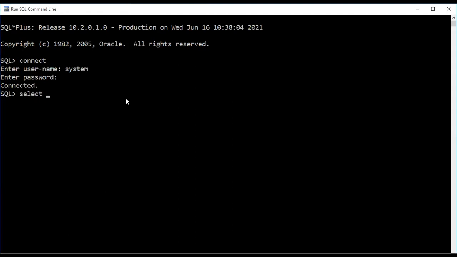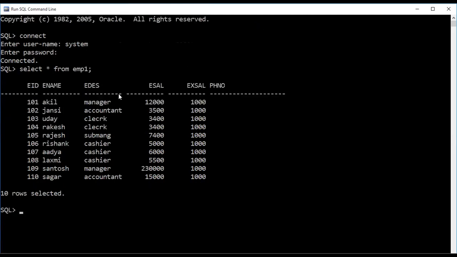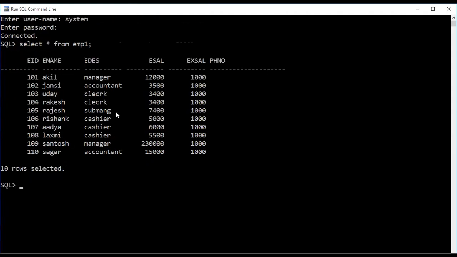First, I'm explaining the examples with the employee table. Before that, first I'll show you the employee table. So this is an employee table we have created. Now, in this table, I want to perform GROUP BY as well as HAVING. So what is my query? Display the employee designation and their sum of salaries. Whatever designations are there, I want to do the sum of their salaries.